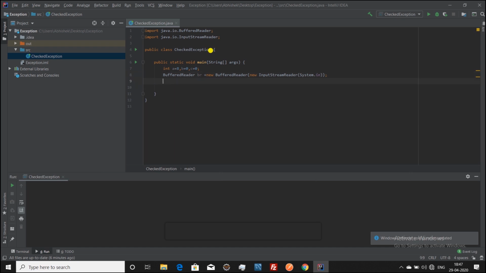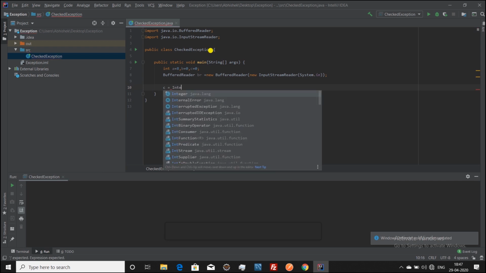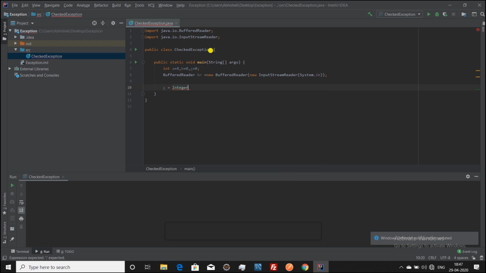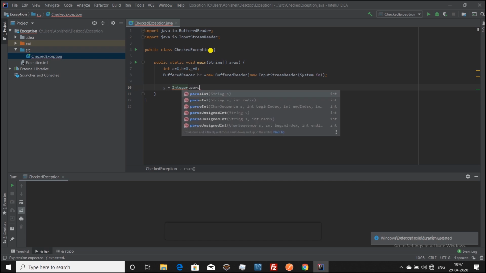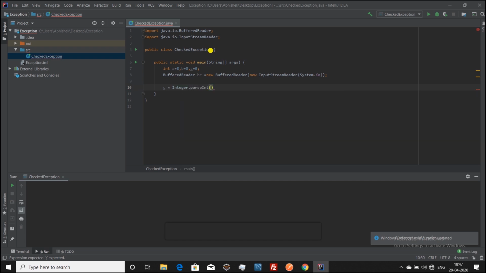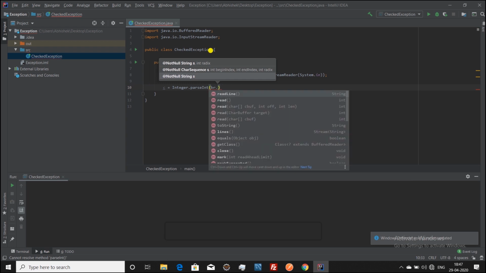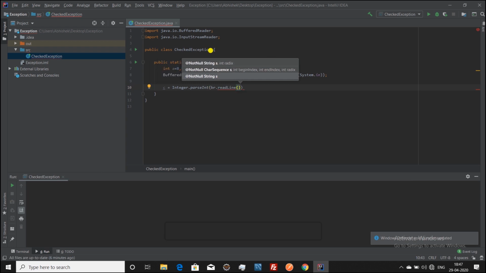Now we will take input from the user in the c variable. So we type c is equal to Integer.parseInt, and here we write br.readLine. You can see that readLine is giving us an error.